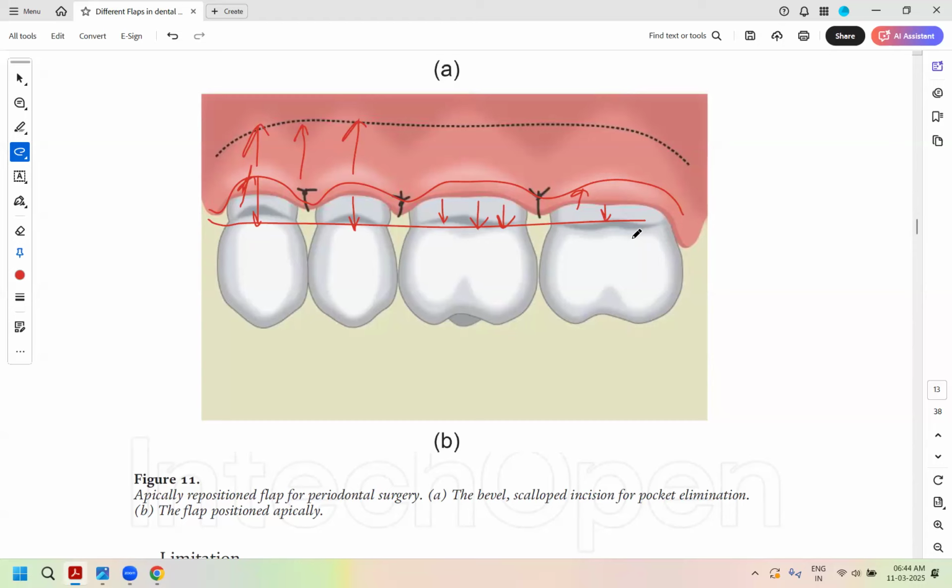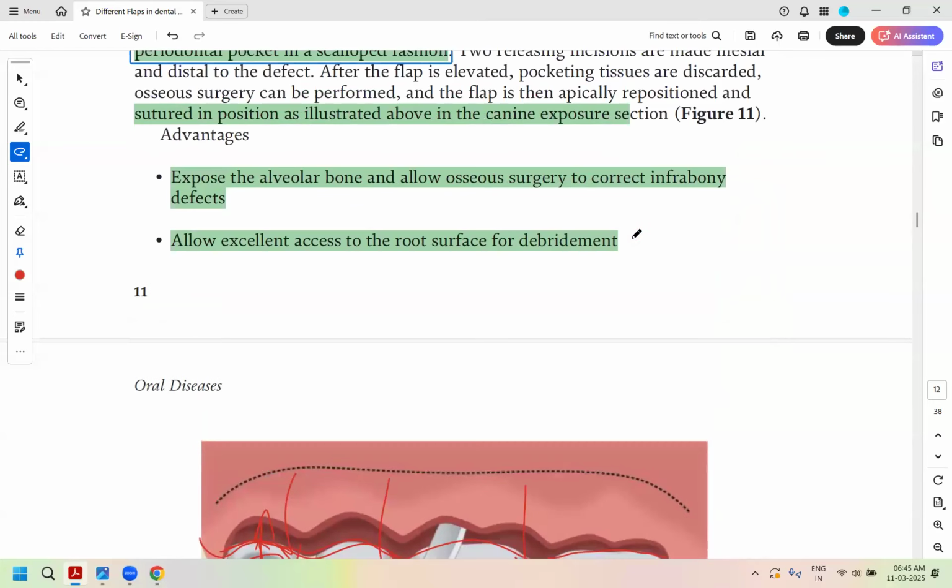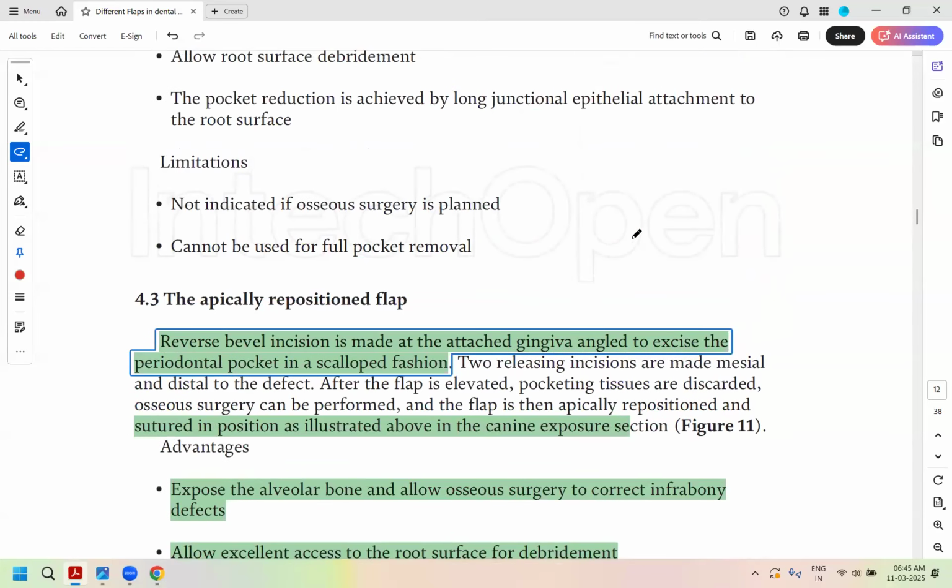And if the bone loss is so much, then you can also use underlying autogenous graft with it, which will lead to more attachment, right? So you can do the regeneration as well as coverage both. Coronally position takes care of the coverage. If you want attachment also, which is connective tissue, PDL kind of attachment, then you need to get a graft as well underneath. And modified Widman flap is the basic flap done for your root planing.